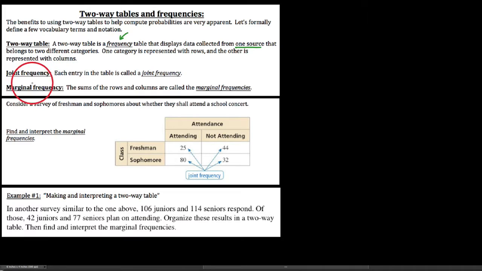Now, when we talk about a marginal frequency, the root word, which is helpful for remembering what a marginal thing is, is that it's in the margin. We say that these are the sums of the rows and columns, and we call them marginal frequencies. So marginal frequencies always occur in the margin of the page. For instance, our totals over here on the right would be our marginal frequencies